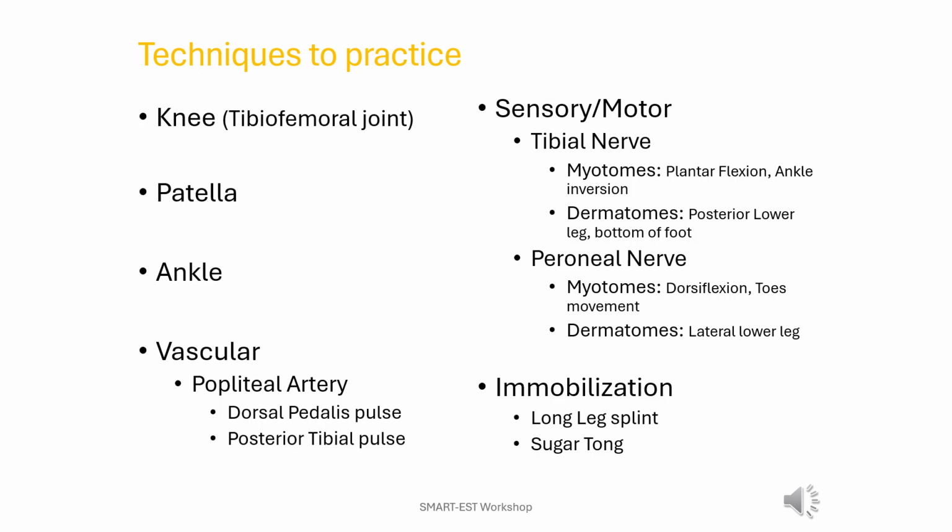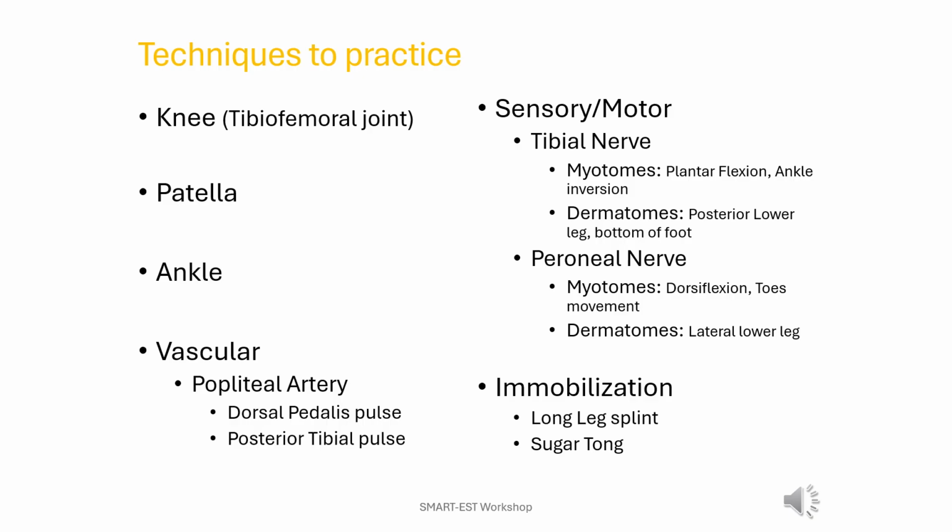Tibial nerve, the motor functions, myotomes, is plantar flexion and ankle inversion. With the sensory distribution, the dermatome is the posterior lower leg and the bottom of the foot. Peroneal nerve, you are looking at the motor functions of ankle dorsiflexion and toe movements, and the sensory dermatome is